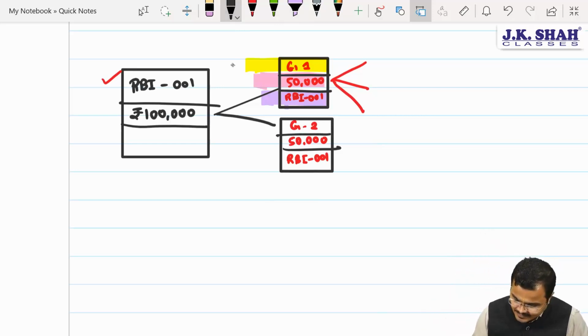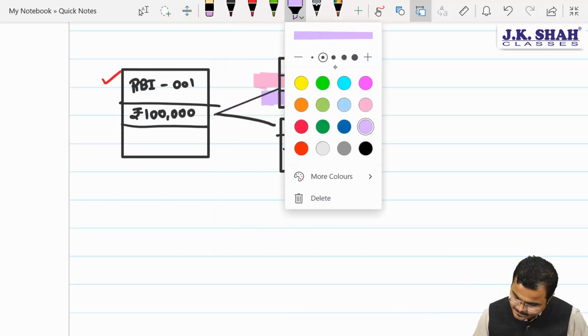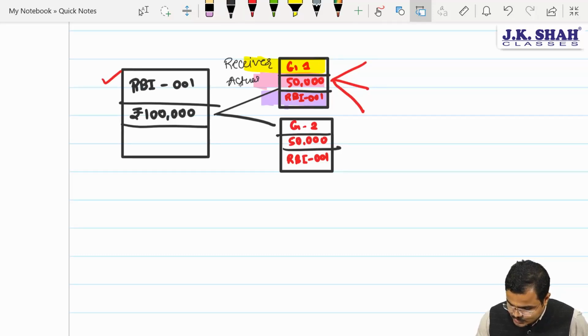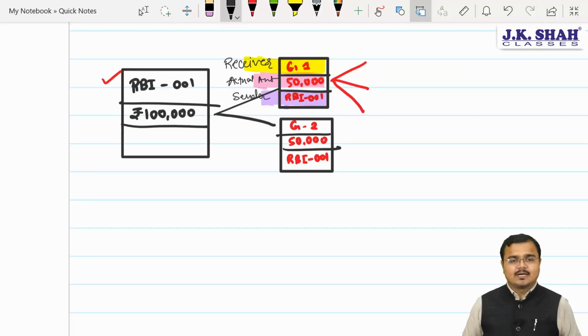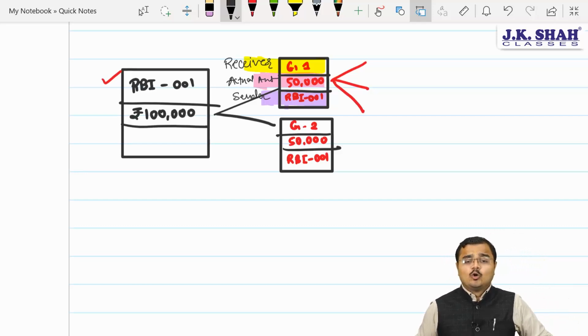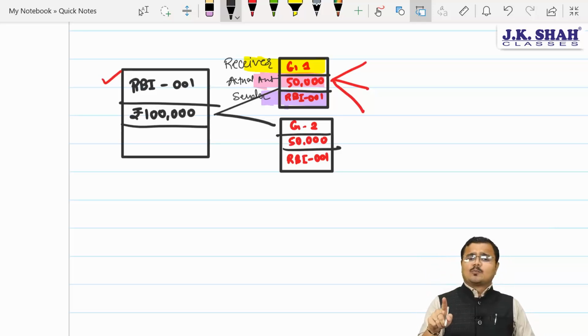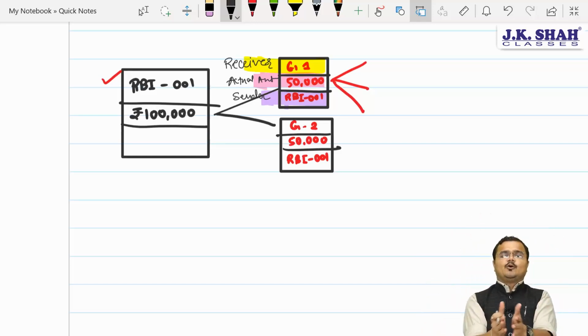So I'll write it down in a very simple way. First one, we have the receiver. Just a second please. Receiver. Second is the actual block or actual amount, I would like to say. Third one, sender. Every time, chartered, these three details will be there in the blocks. So no one, people, is allowed to change anything in this block, chartered. Point number one. If any change is made to these blocks, it will automatically create a completely new block, people.